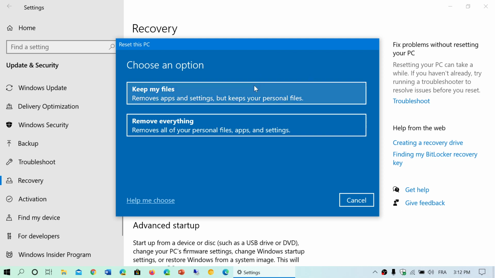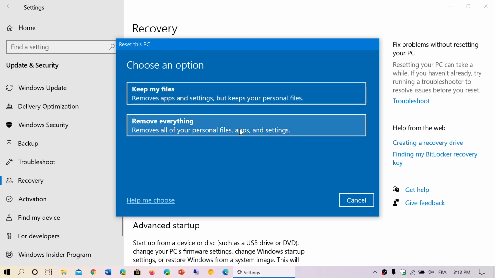And it keeps your personal files. So if you don't have a backup, and you really should have a backup, you can keep your personal files by using the first option, keep my files. But remember, software is gone, your latest drivers are gone. Anything that is software, a driver, or anything that is not a personal file will be removed from the computer. It essentially does a clean install of Windows, pretty much, but keeps the files, puts them in a separate folder, and will re-import them back after.